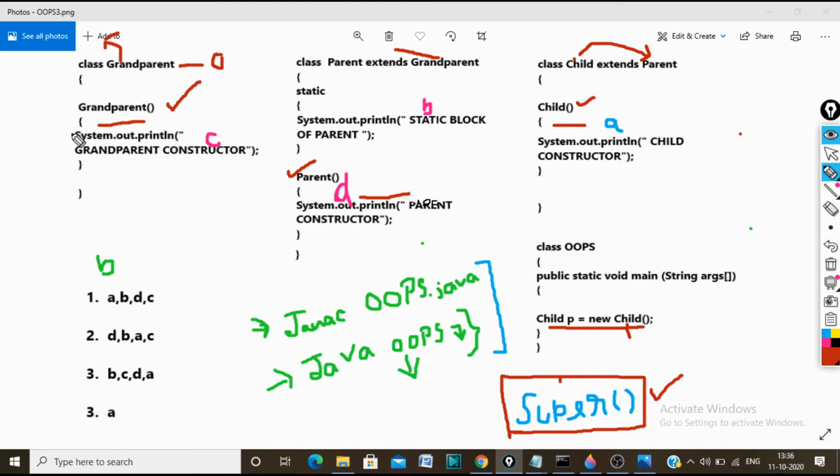But now what would happen? At first, this constructor would be executed. So after B, my output would be grandparent constructor, which is this C. Then the control comes back here to the constructor which we have left. We were at this line. Now the line below this would be executed, which is this: parent constructor would be printed, D. Then we would go to this child class constructor, and once this line of execution is over, this would be printed, which is child constructor. So our output is BCDA, which is